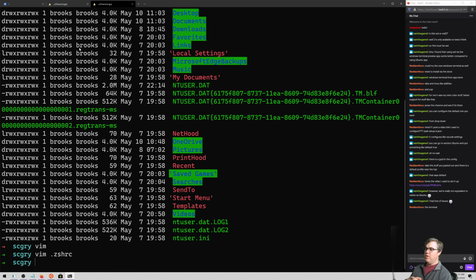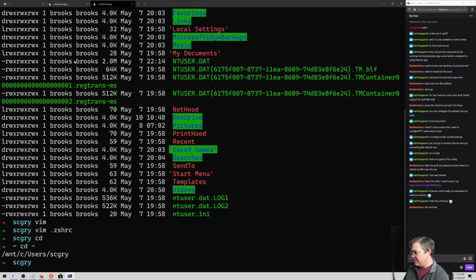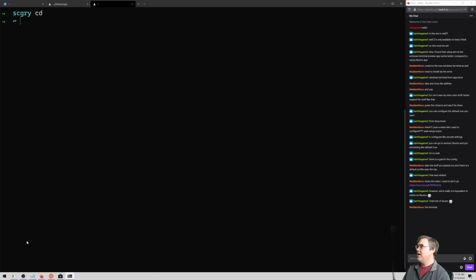I installed ZSH in the Linux, the Ubuntu thing, which put the dot files in there. So if I cd, interesting, where the heck is this? Mount C users. Oh, okay, so it mounts to C. That's what's going on. So I'm going to want to go to my actual home directory.